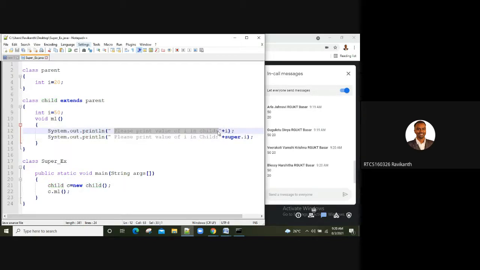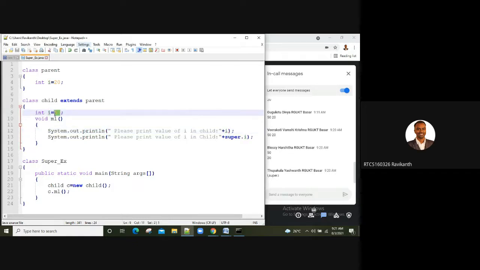Whatever you give in the code, that would be displayed. Our concentration must be on the I value, whatever I'm printing here. So what is the I value which is there in child? It is 50, right? Done.